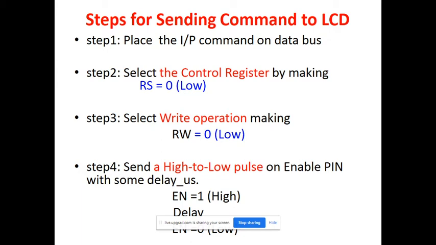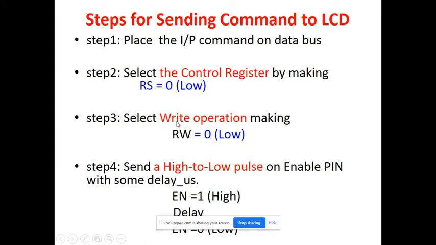Okay, now you want to give the command. Means on the data bus, which type of information are you providing? It is data or command. Here the data bus is carrying a command. Then you are setting RS. What is it? It is 0, because our information is a command.